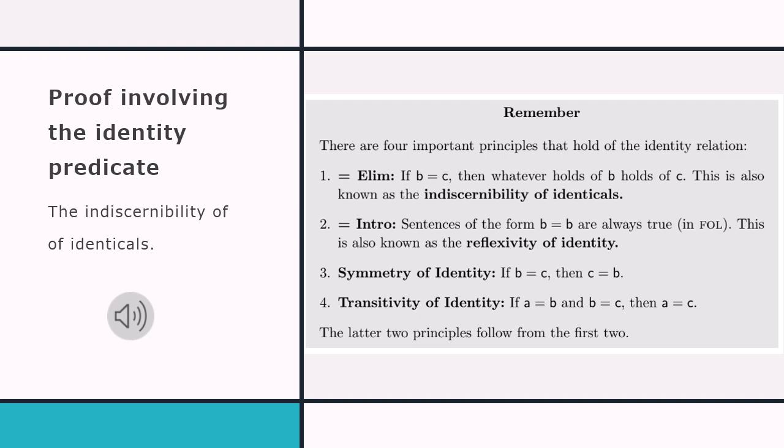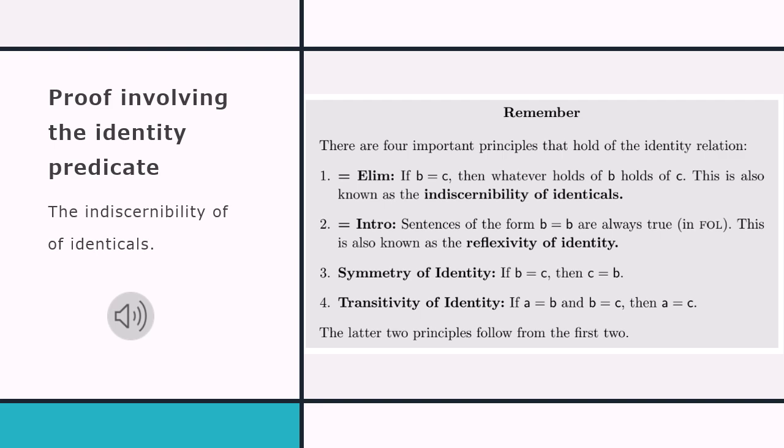It means that whatever's on the left side of that equal sign and the right side of that equal sign essentially names the same object in the world that we're trying to describe. And there are two rules associated with using the equality predicate in proofs. The first is equality elimination, which is denoted by this equal sign and then an elim. And what that says is that if B is equal to C, so if somewhere in your proof you already know that you have the statement B is equal to C,